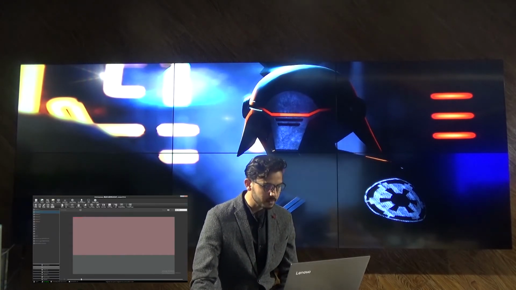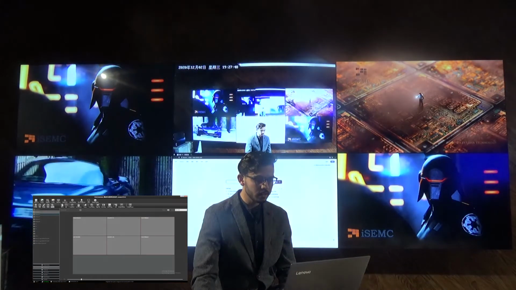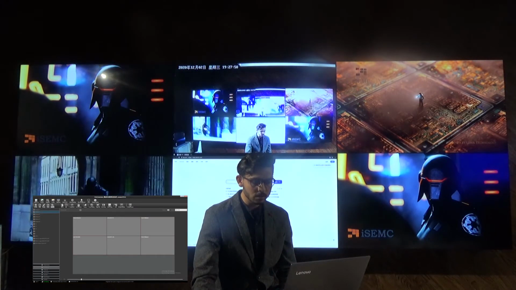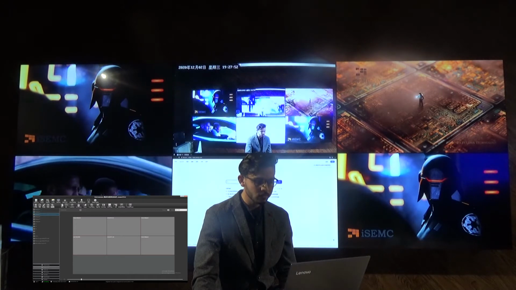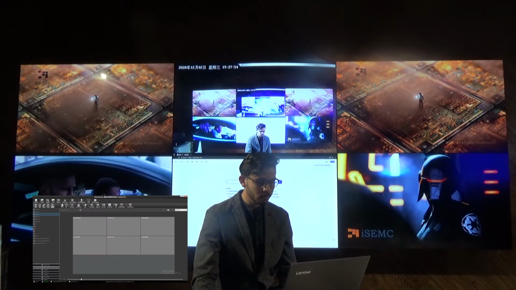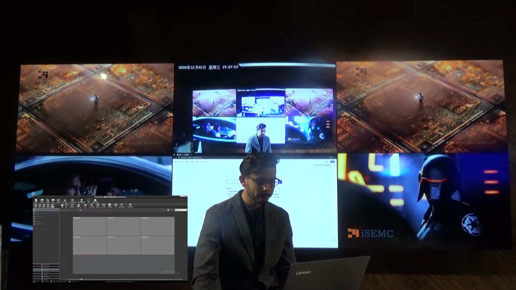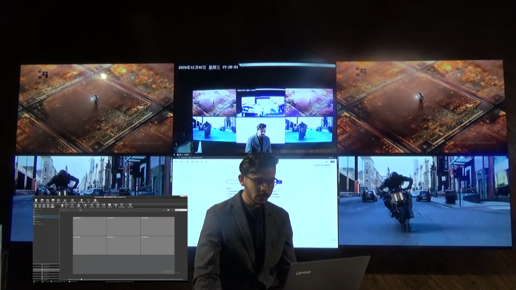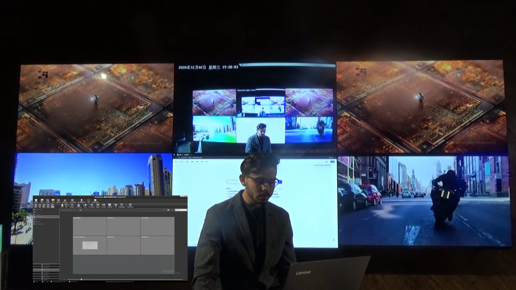So firstly we can split the screen, and we can drag some sources over there. Even if we want to hear this audio.